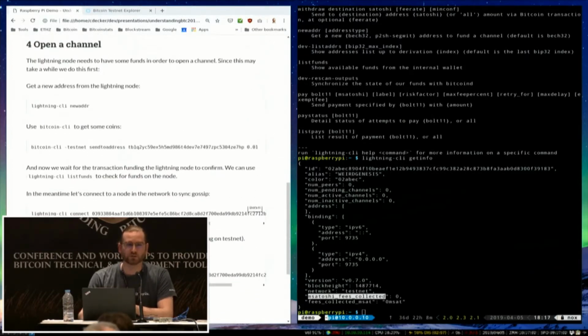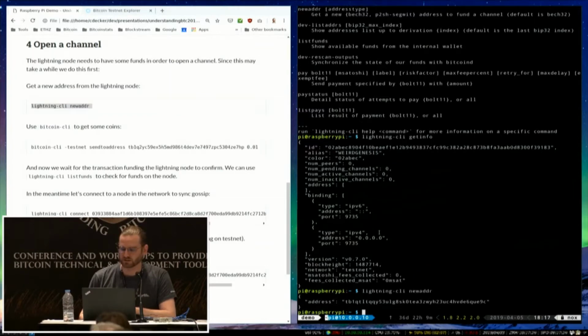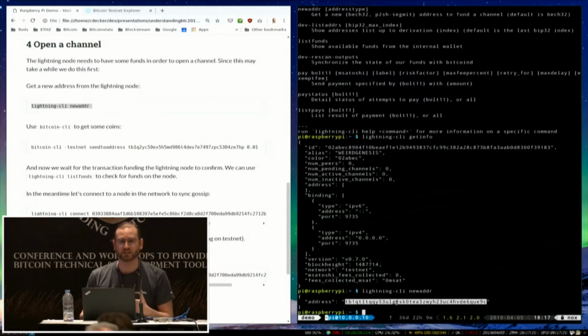So what do we do to open a channel? In order to actually use our Lightning node, we need to open a channel to the rest of the network so that we can send payments through that channel, right? Before we can actually open a channel, we need to give some Bitcoins to this node in the first place so that it can open channels. So what we do is we generate a new address from lightning-cli. And this address will basically result in all funds sent to this address being